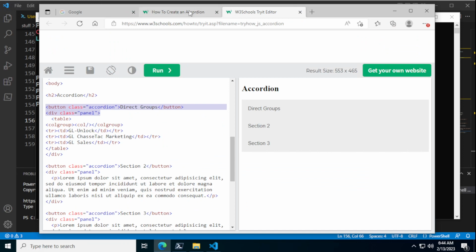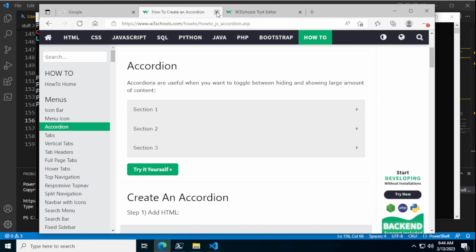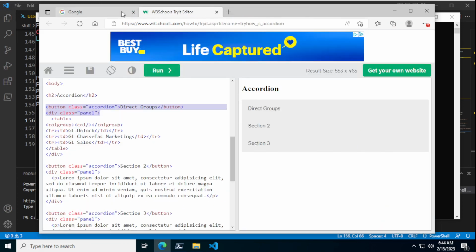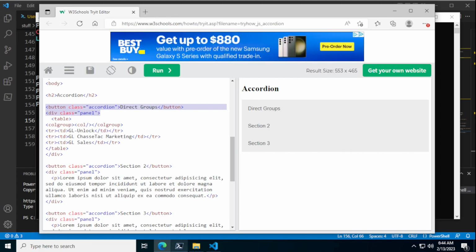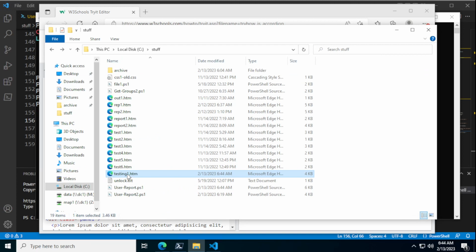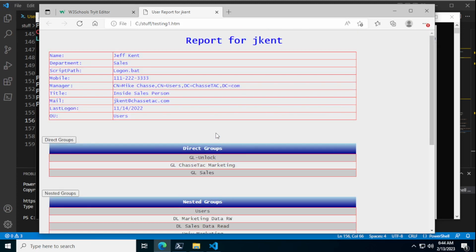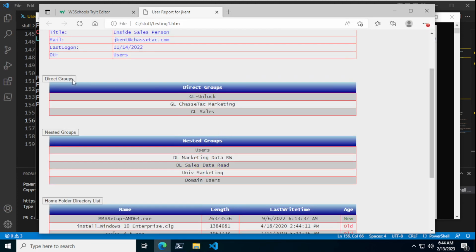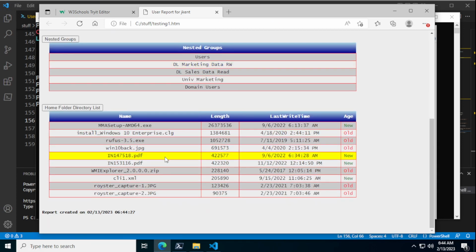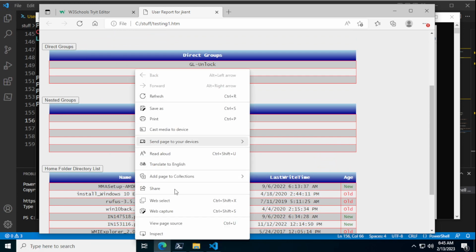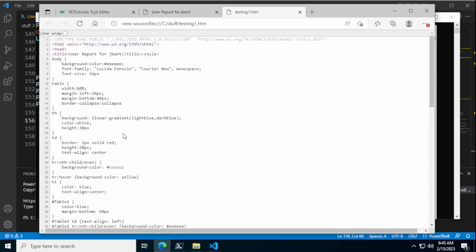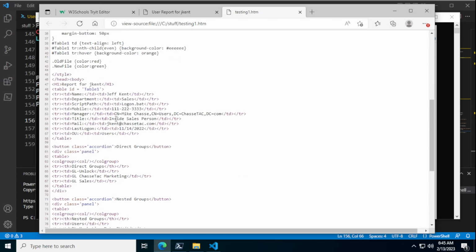I'm going to need that in a bit. Accordion, I don't need that. And Google, I certainly don't need that at the moment. Let's see. So now let's open testing one again. So I see the accordions are there. Direct groups, nested groups, and home folder directory list. All right, cool. So we've got those elements, and if we come in, view the page source, I should see